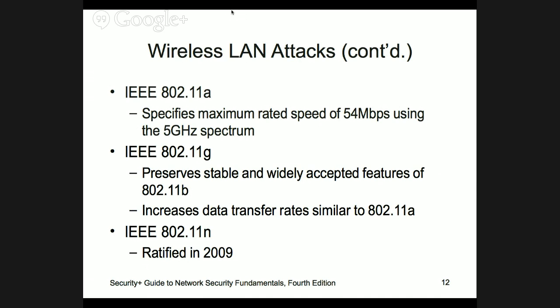similar to 802.11a. And then 802.11n, which most users use at home today, 2009 is when that came out and was ratified, so not that long ago as well. And that's what most home users have. If you buy a router that's N, most of them are backward compatible, or they do what's called mixed mode, meaning if you have devices, which most of you do, that have maybe a G card,